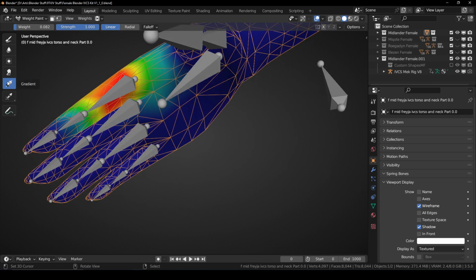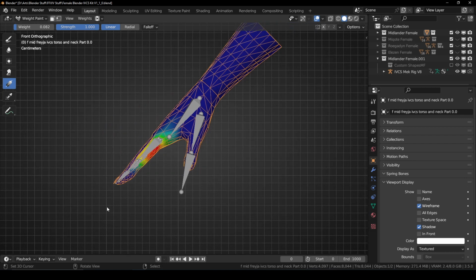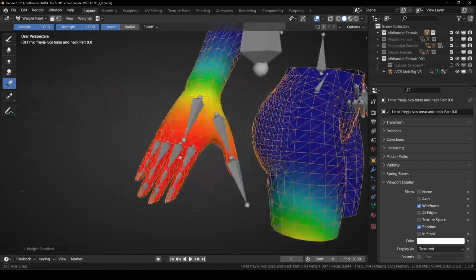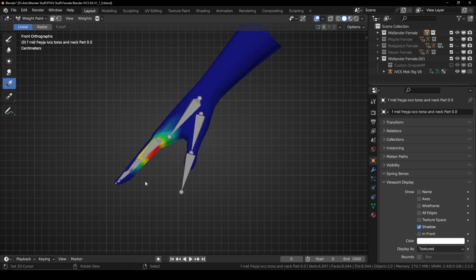This gradient tool can be set to either a linear or a radial gradient, and it will just send weight through your entire model. So if I change this to 1 and I go like this, it's just sending it through the entire model, nice and clean. But maybe that's overkill,